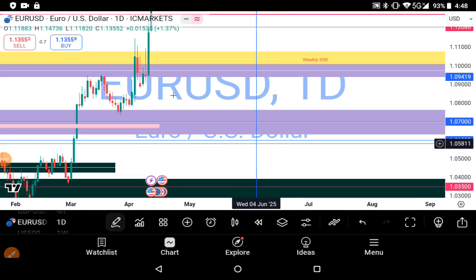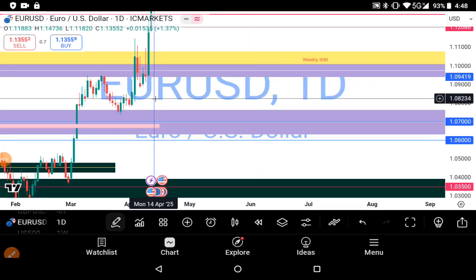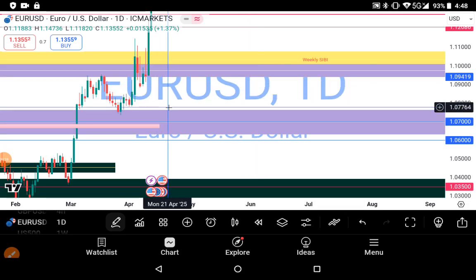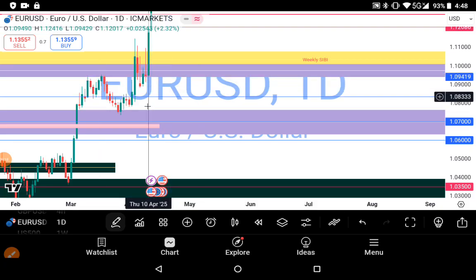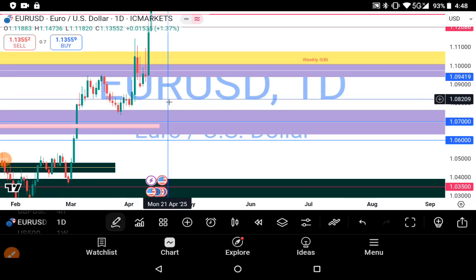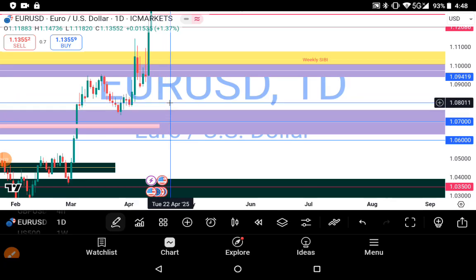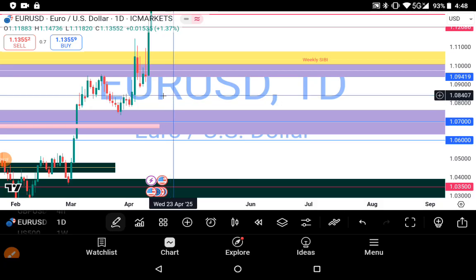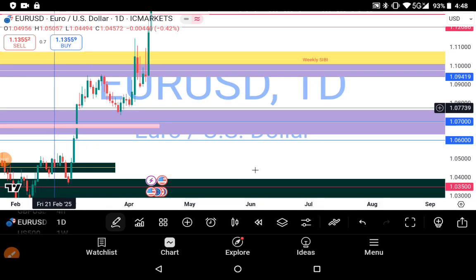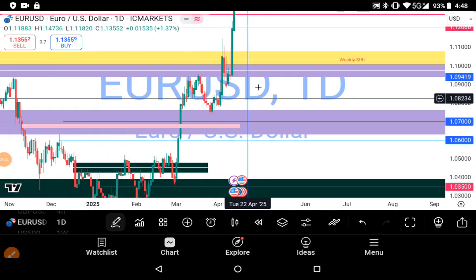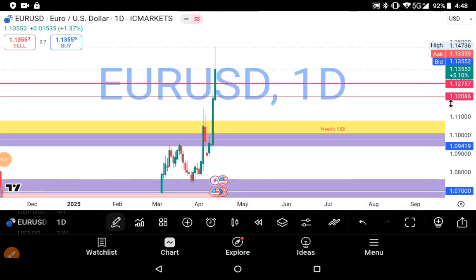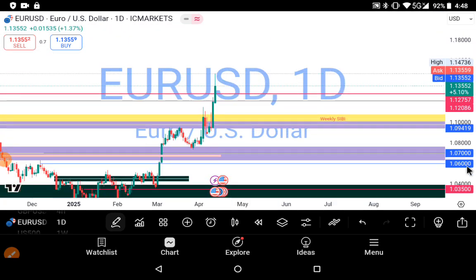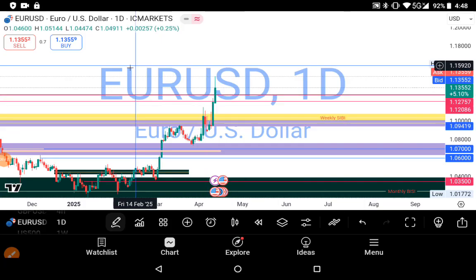But I was watching what the market price would do around 1.08 thousand. So the market price was short of some movement into 1.08 thousand before moving further. Now on Euro USD, what will I do? How do I react?